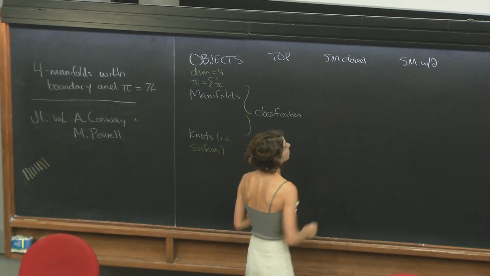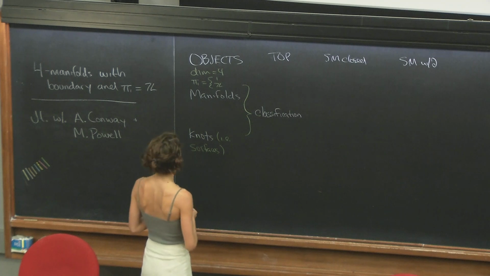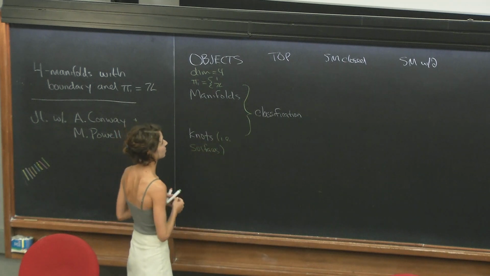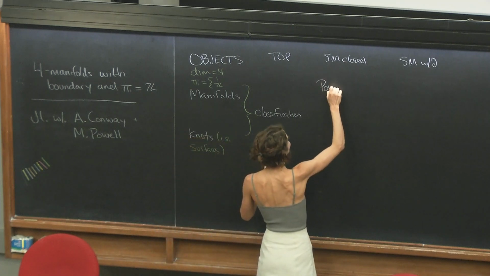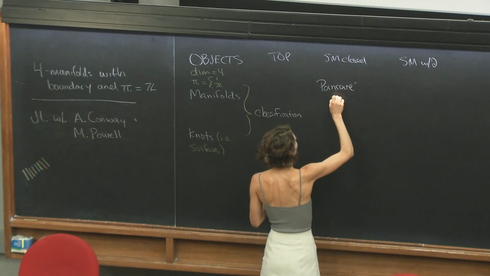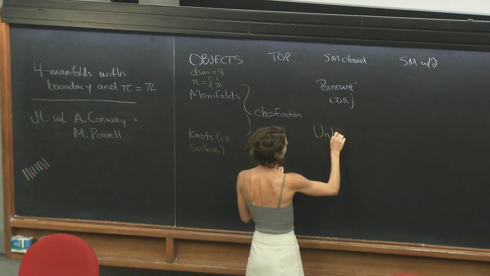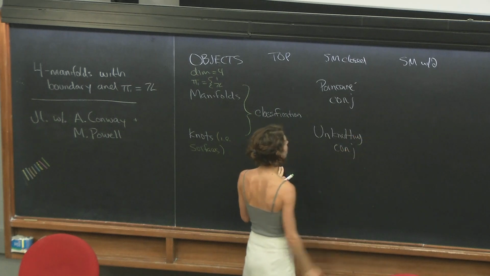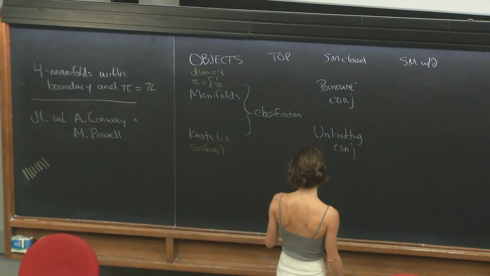For the setting with smooth closed manifolds, we have also started to make some progress on the babyest case of this. We've taken kind of the simplest classification problem you can think of, and we've given it a name. This is the Piccirillo conjecture. And for surfaces, there's something called the unknotting conjecture. These are apparently hard problems. I'm not going to talk much about them today because I don't have much to say.